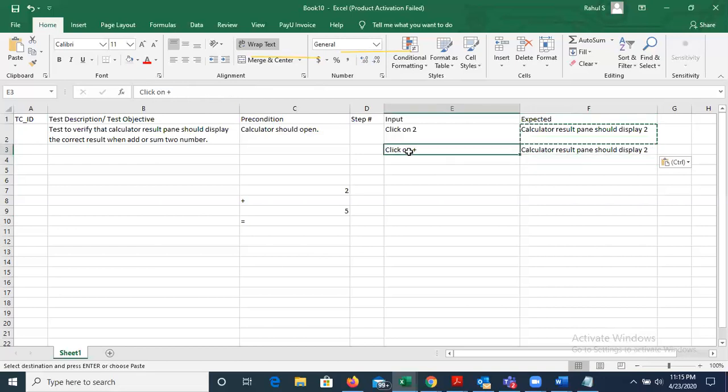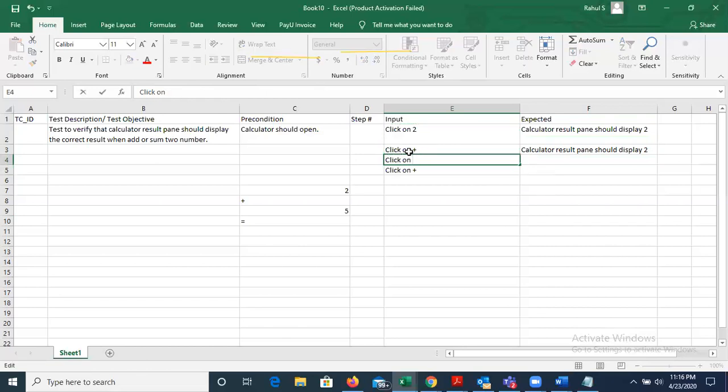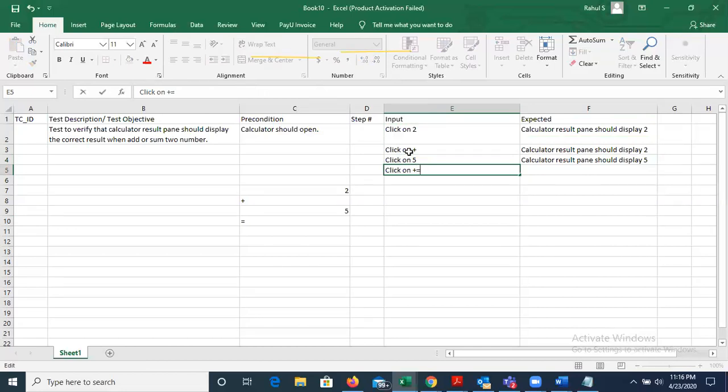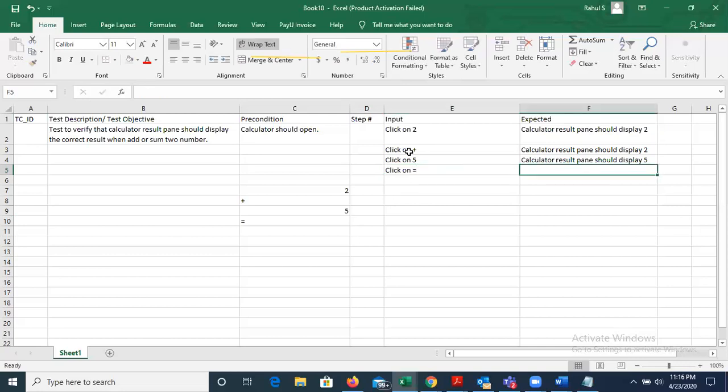Now if I click on 5, the calculator result pane should display 5, and when I click on equal to, it should display 7.